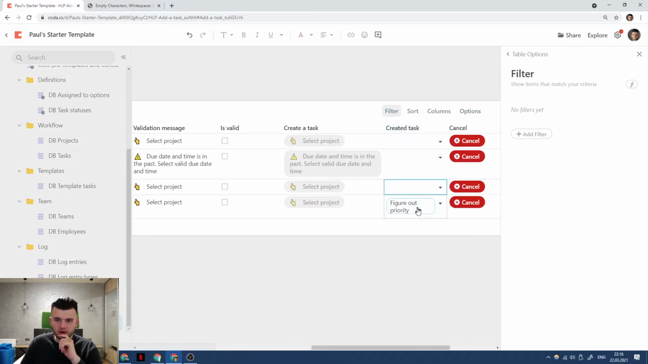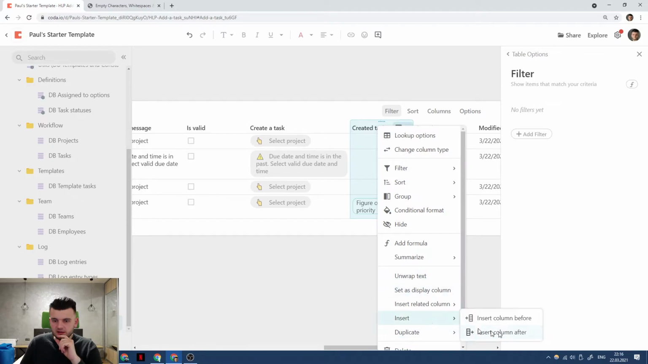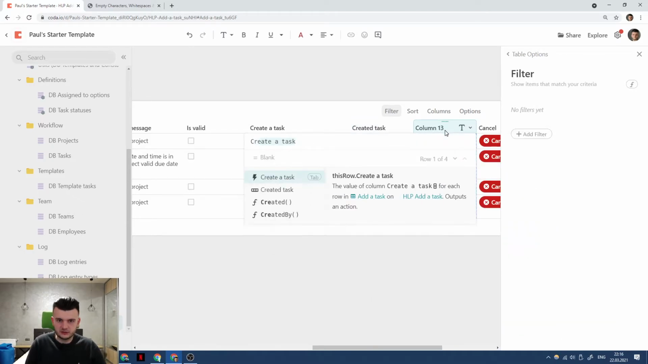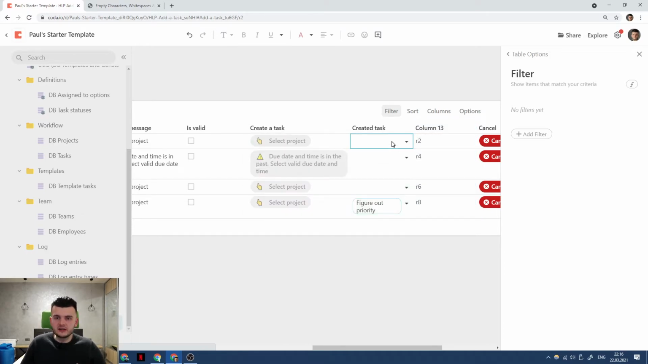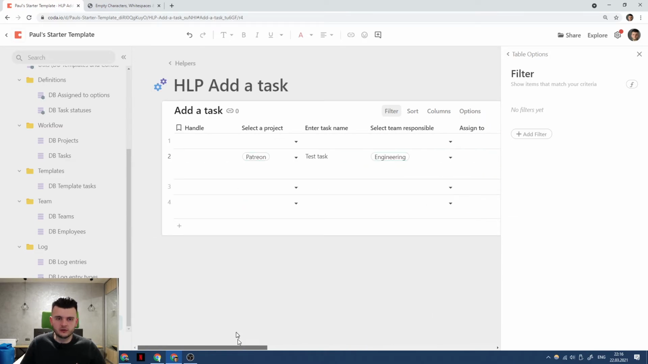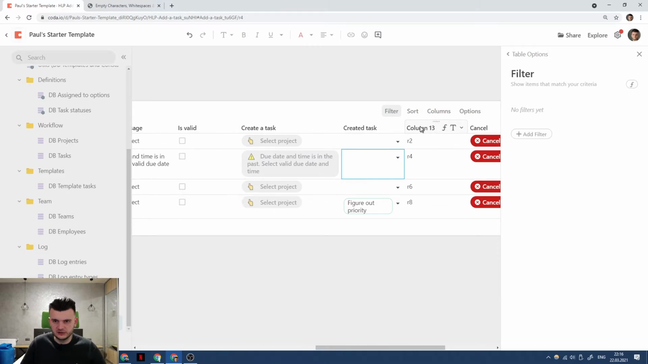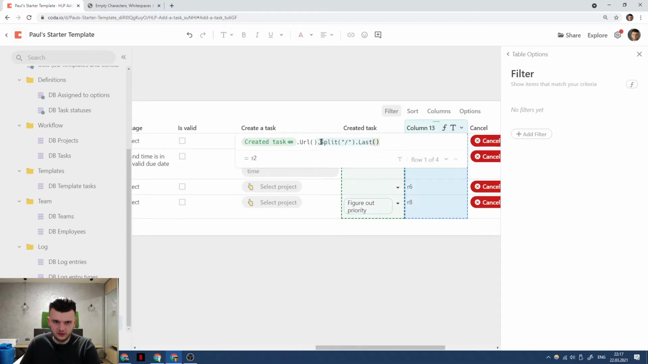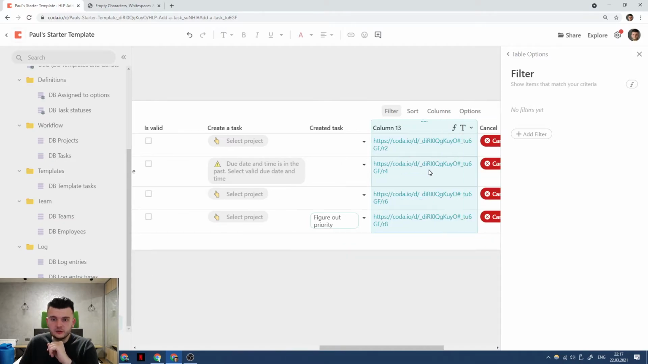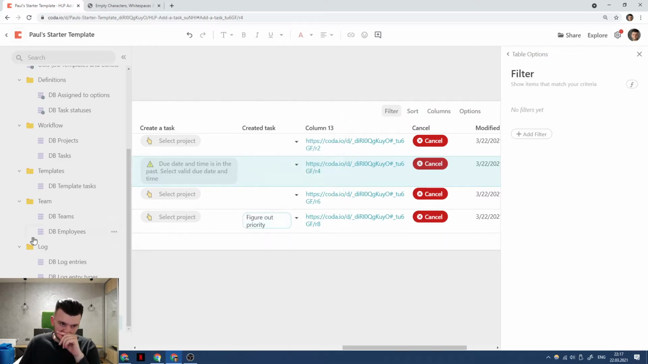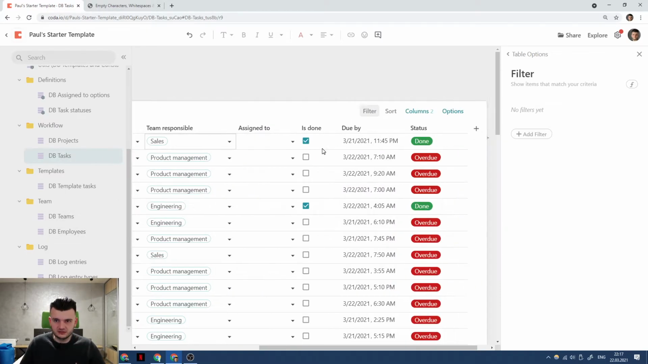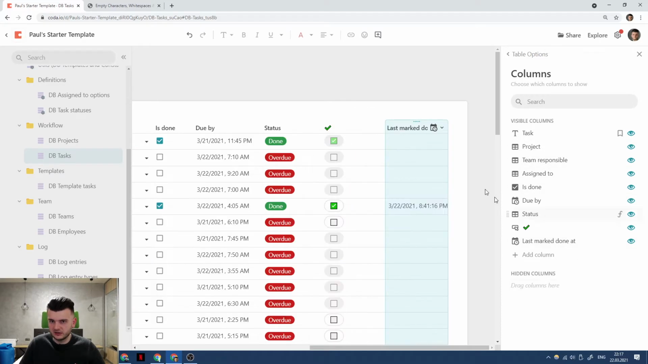Let's hide the filter for a while. When we try to take the URL of that created task URL, split last, what we get is the row ID of the row in here, of this row, for some reason. So if we take the URL of the cell, we don't actually get the URL of the task, but we get the URL of, well, this row. So what we need to do is on the tasks table, first unhide all the columns,